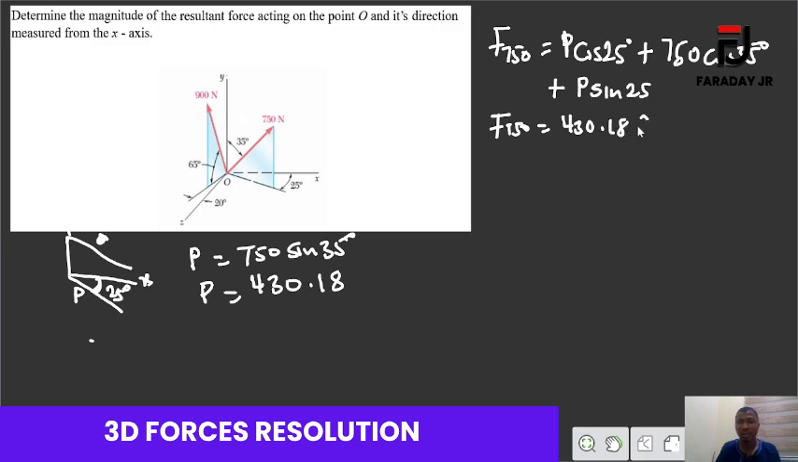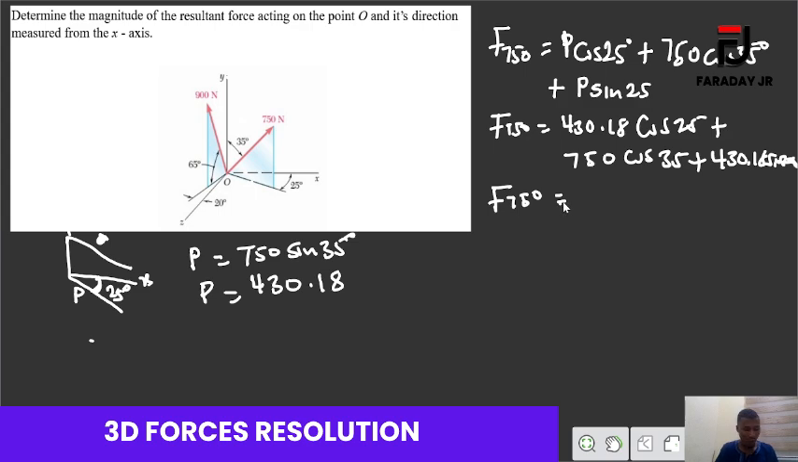430.18 watt. Then we add the cos 25 to 8, plus 750 cos 35. And finally, we have P sine 25. We know the value of P, 400 and 30.18 watt sine 25. Okay, sine 25, we know that value. So it means that the force 750, the total resultant of it, will give us